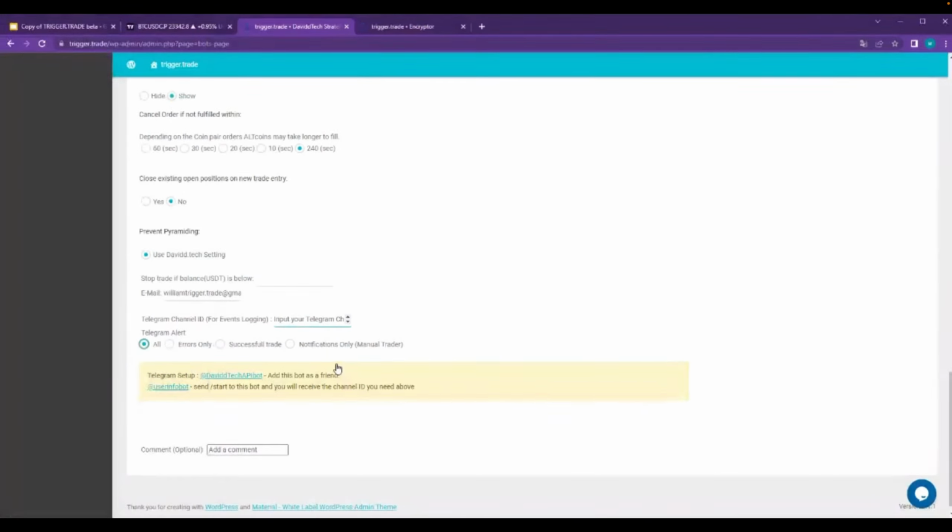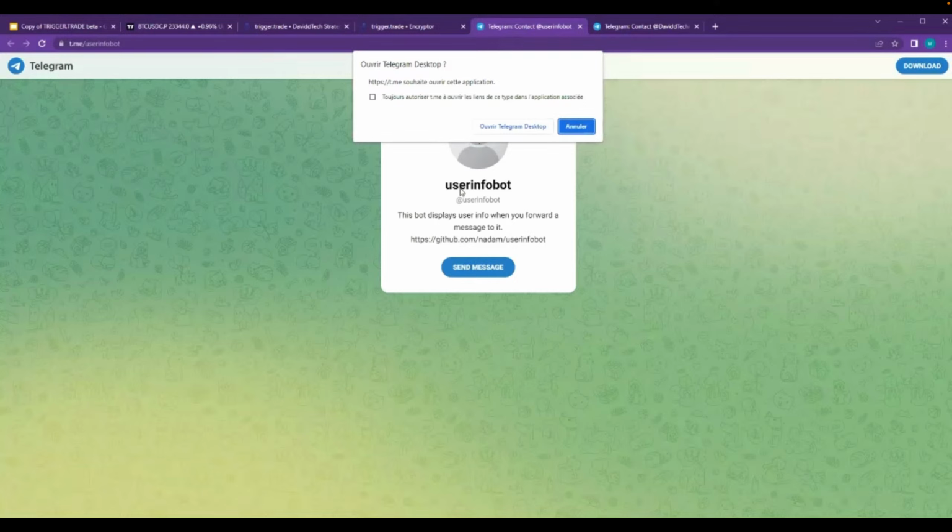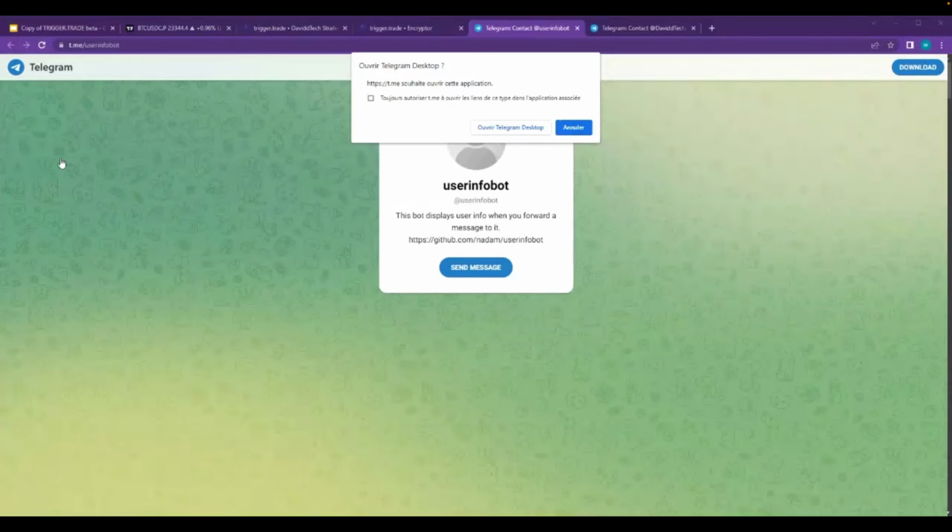Okay, so normally what we do is you click on each one of these links individually, so open user bot and open DaviddTech API bot. They will open up two new pages like so. As you can see on my screen, it will ask you if you want to open it inside of Telegram. When you click on yes,